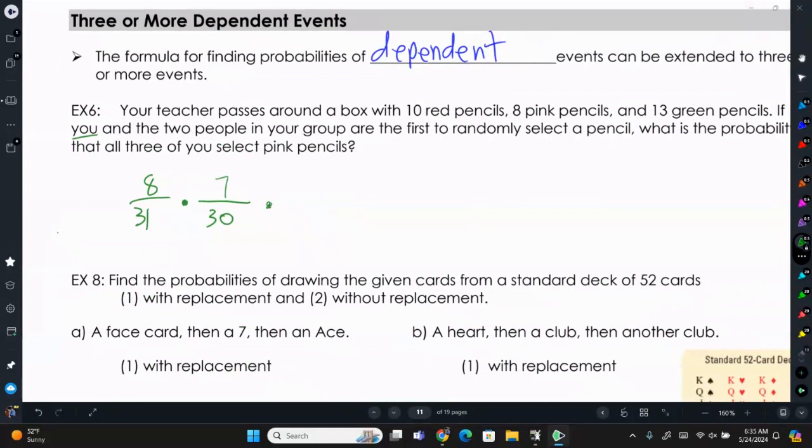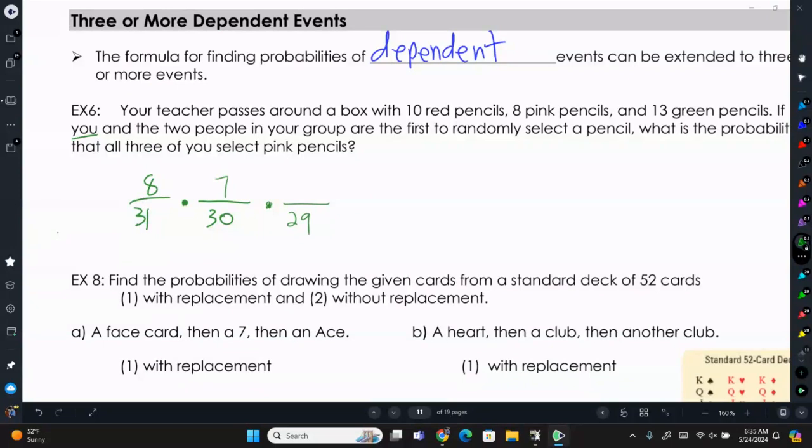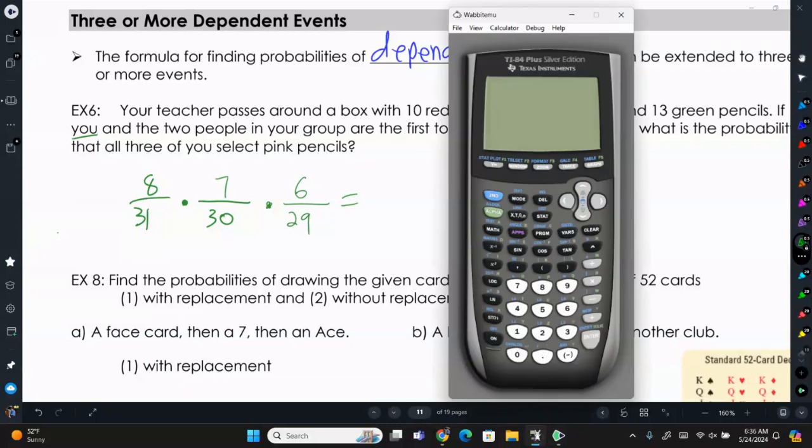Then the last person in the group, well, there's now 29 pencils left, and since you and one of your group members already took a pink pencil, the number of pink pencils remaining is 6. So we'll multiply these 3 fractions together. So 8 over 31 times 7 over 30 times 6 over 29. And that gets us